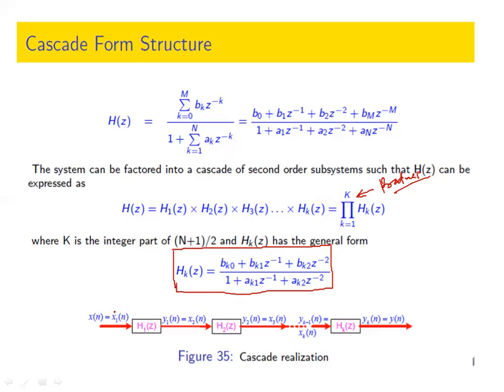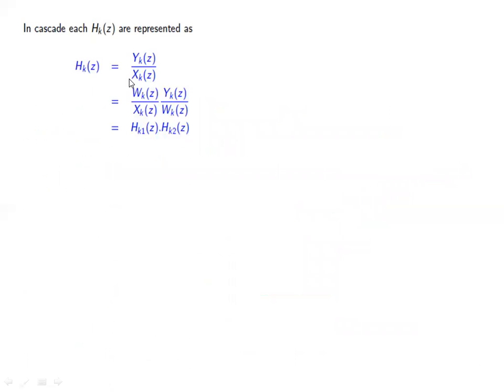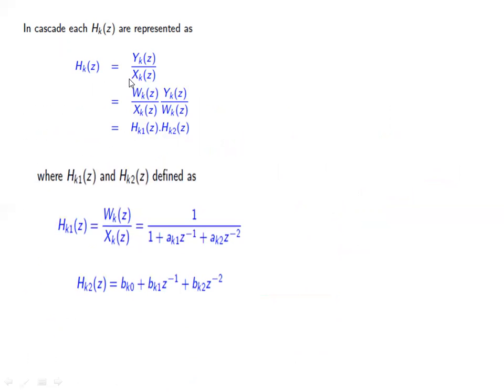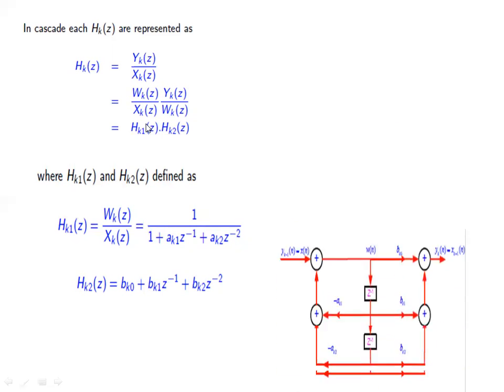Like H1(z), the input will be x1(n) and its output will be y1(n), and this output will become the input to the second function, that is we are calling it x2(n). Likewise, for the overall H(z), we have x(n) as the input and output will be y(n). So this is about the cascading of the structure we have performed, right? So likewise, we need to realize it in cascade. This way we are representing H(z) as Y(z) by X(z). The same way how we have performed for direct form 2, same way we have to perform this.